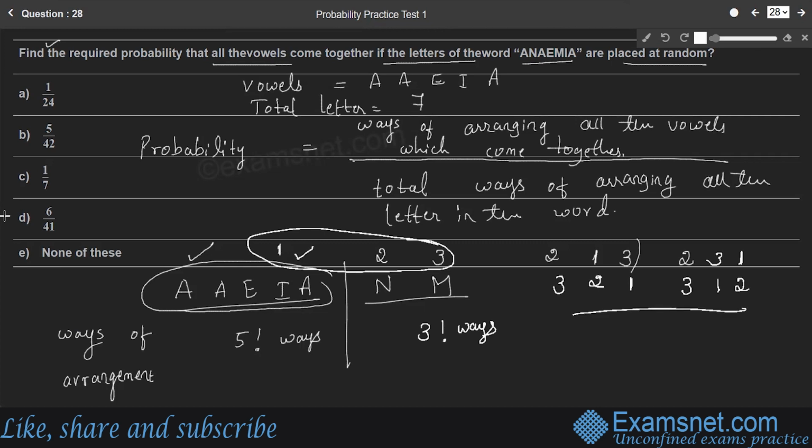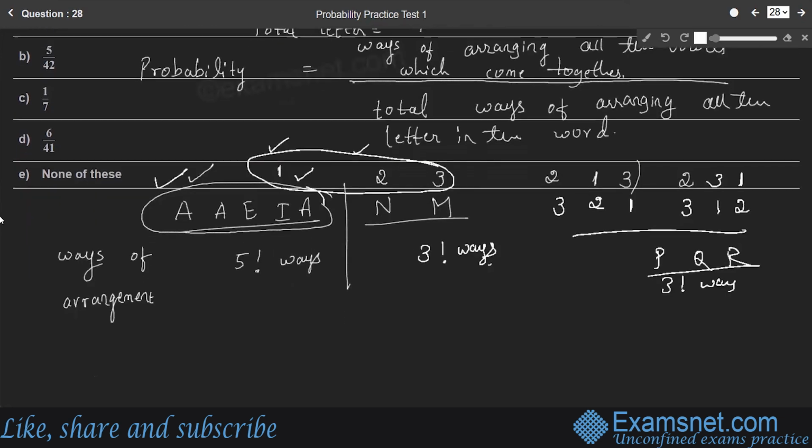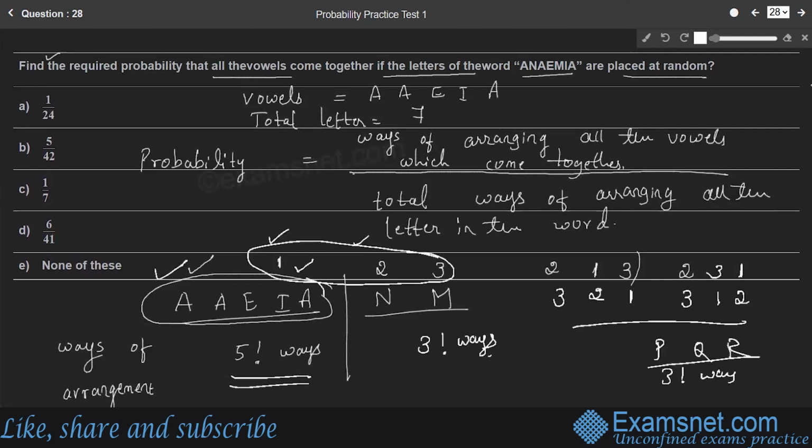If you consider any 3 letters, P, Q, R, these letters can be arranged in factorial 3 ways. Simultaneously, the first part, second part, third part can be arranged in factorial 3 ways, such that all the vowels come together here, right? The whole first part is the set of vowels. But the set of vowels in turn can be arranged in factorial 5 ways. Therefore, the product of factorial 5 and factorial 3 gives the ways of arranging all the vowels which come together. Therefore, these ways of arranging all the vowels which come together is factorial 5